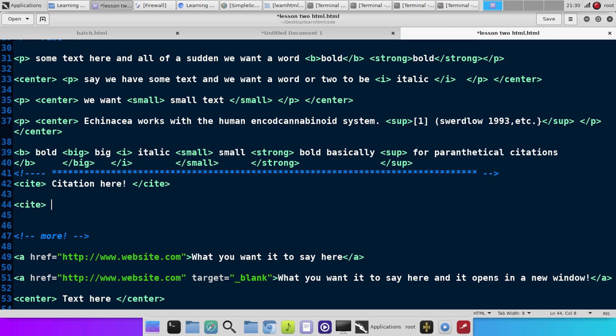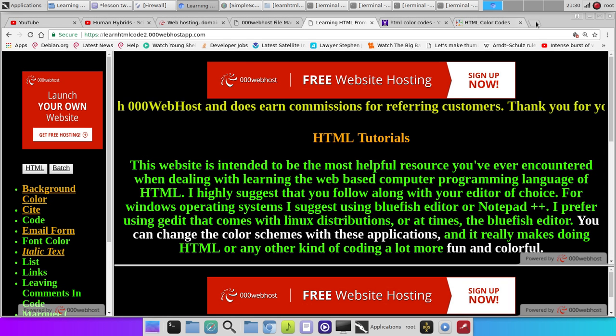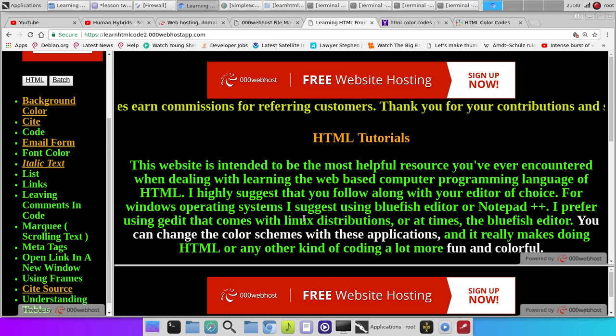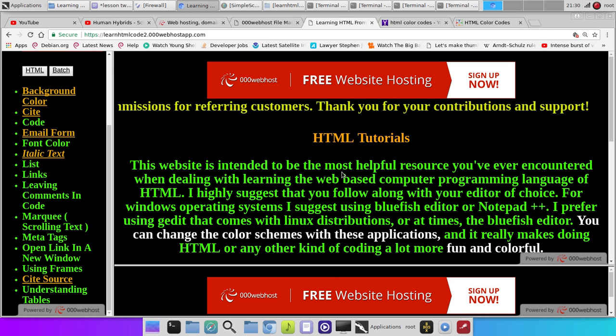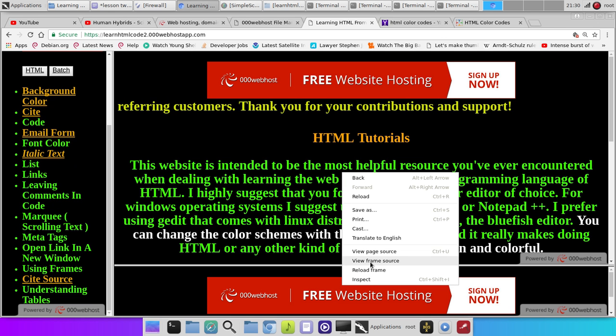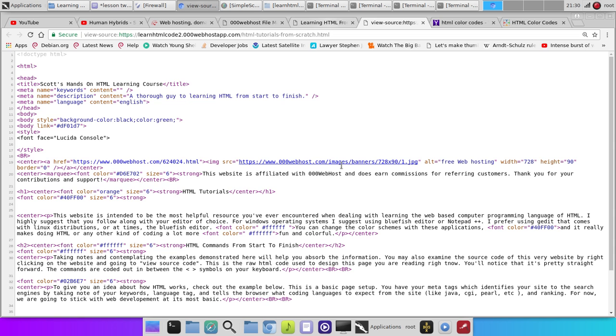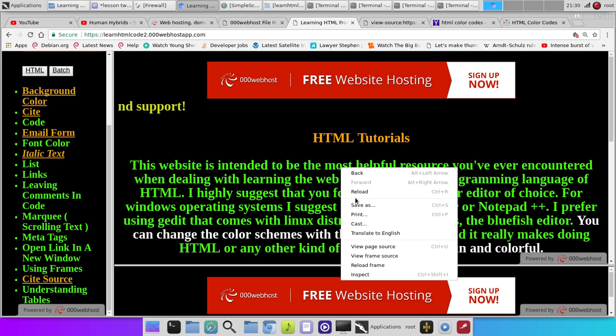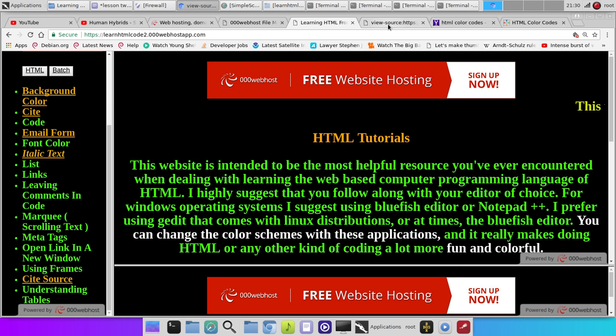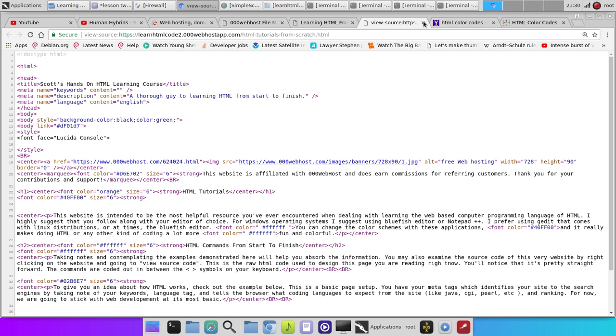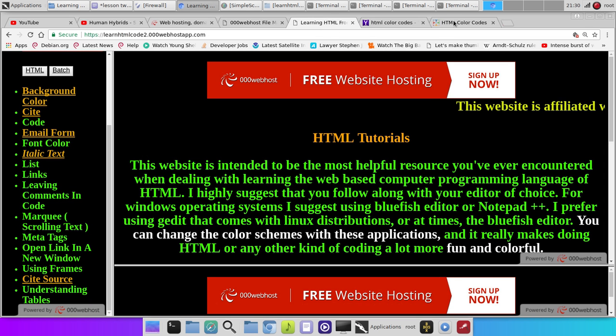And that reminds me, let me tell you about a really cool tool you can use. And this is my website. I'll put a link to it in the description. You can check out the source code of it. Just right click on it and go to view page source, and it'll let you look at the source code. Actually, since it's in frames, I would go to view frame source, and that'll give you the source code of that particular page. Okay, anyway,